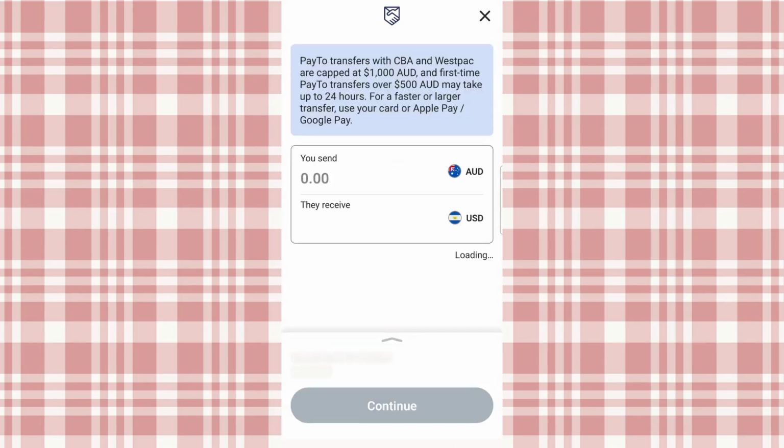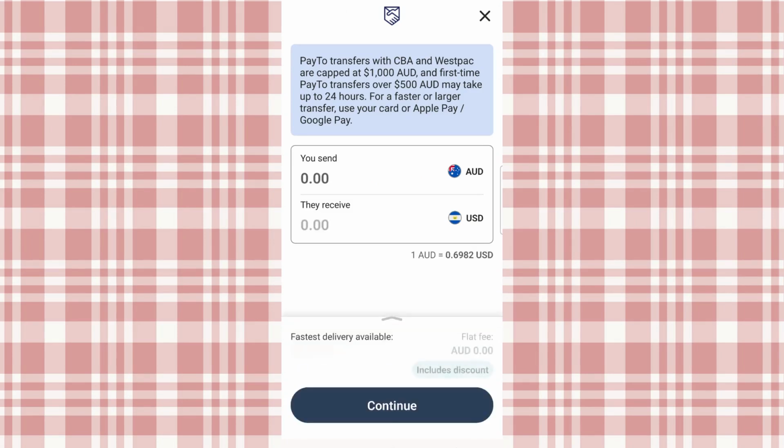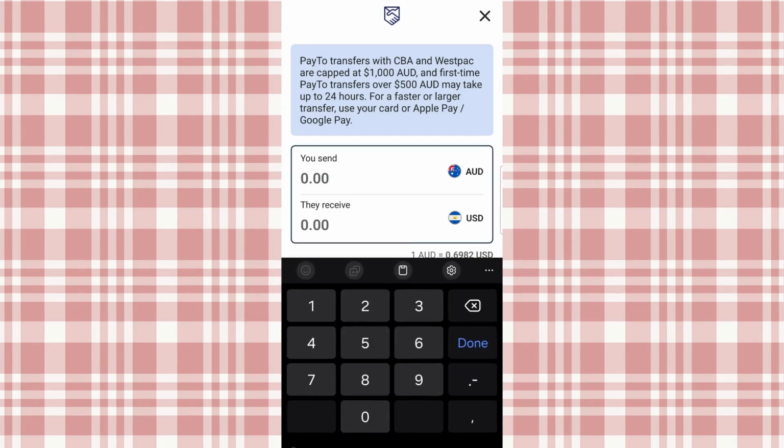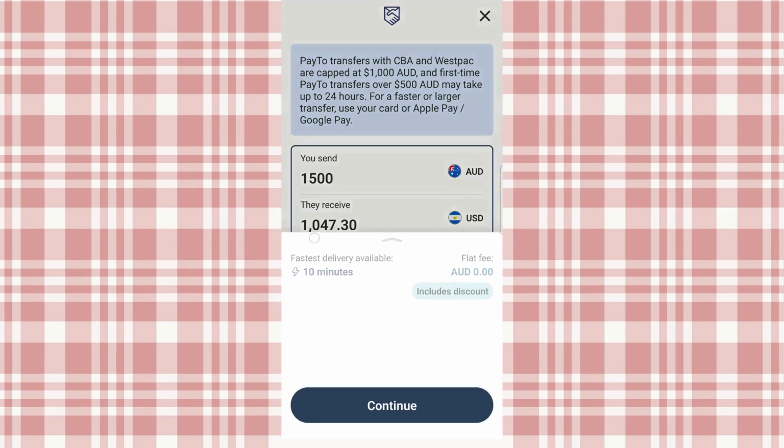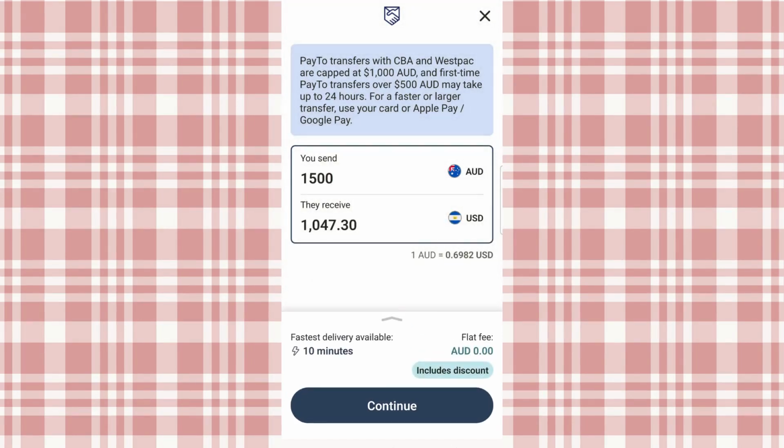After that, enter the amount you want to send. As you do this, pay attention to the transfer summary on screen. In most cases, Remitly will show you the exchange rate, any fees, and the amount the recipient is expected to receive. This is a good time to double-check that the total works for your budget and that the recipient will receive the amount you intend.